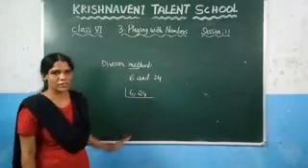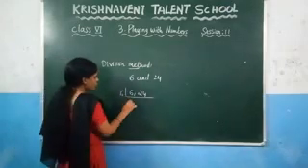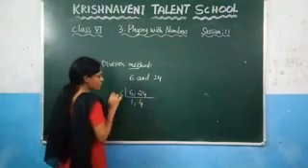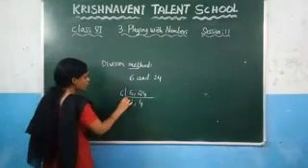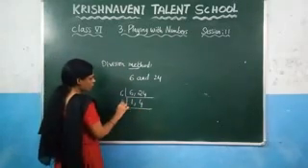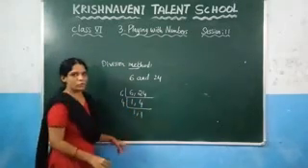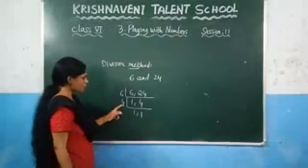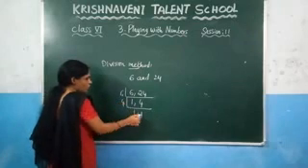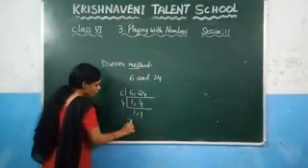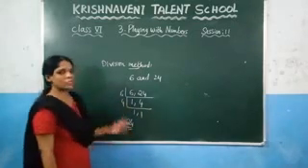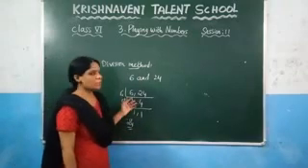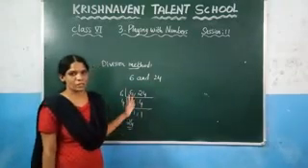You know that in this table you will get them, so write it here: 6 1s are 6 and 6 4s are 24. And after that, you know that 4 1s are 4. So what is the LCM in this case? You need to multiply these values, which is 6 into 4 into 1 into 1, which gives you 24. Like that you need to find the LCM of any given numbers by using the division method.